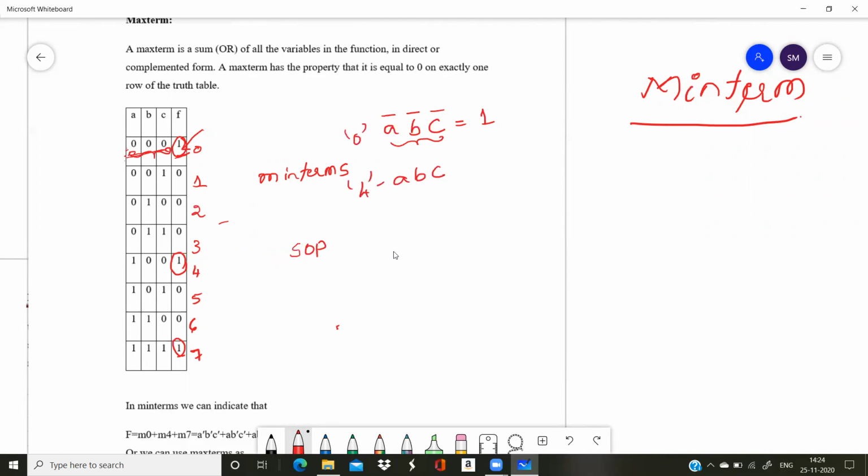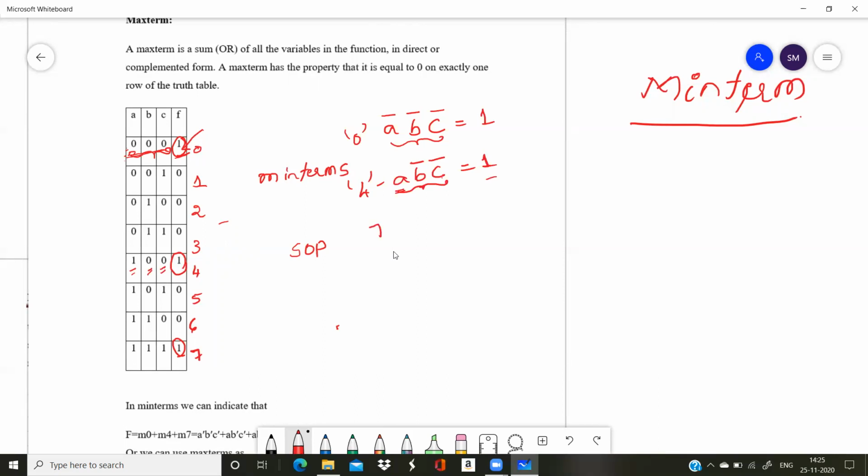In the 4th row, again A, B, C are the three variables. See here, A is 1, B is 0 and C is 0. Therefore, we write A as it is. Wherever 1 is there, write the variable as it is. But B is 0, for that write complement. C is also 0, write complement. Now the product of this is equal to 1, and that is written in the truth table. So from the truth table we understand that A, B complement, C complement is equal to 1.